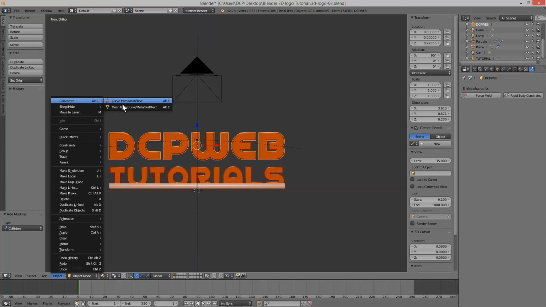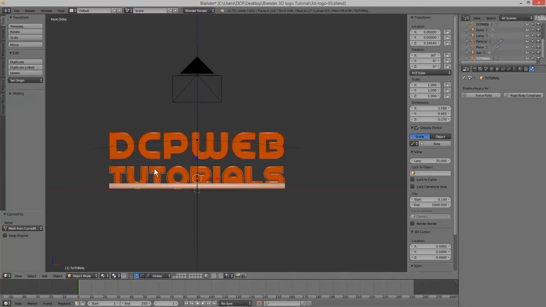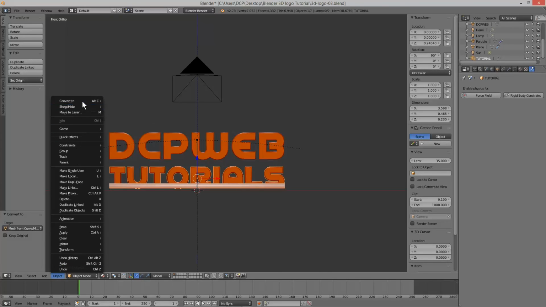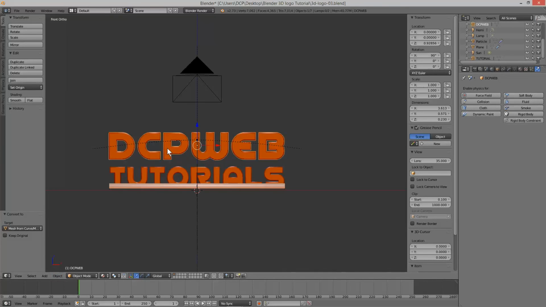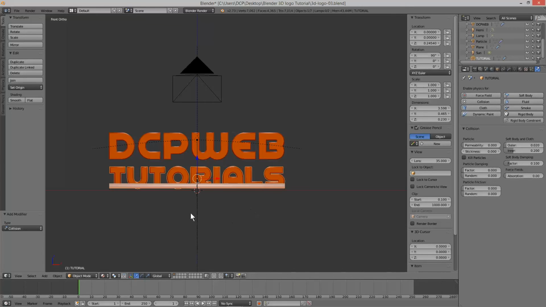So convert to mesh, and we convert this one also to a mesh, and we'll click on the first one, and we'll set collision on this one, and we'll click on this second one, and we'll also set collision on here as well. So we can scrub through and we can see, we could take an example. So I'm scrubbing through using the right mouse button. I'm clicking on this green line, I'm dragging it across, and we can take a frame like this, for example, and just render it. Press F12,